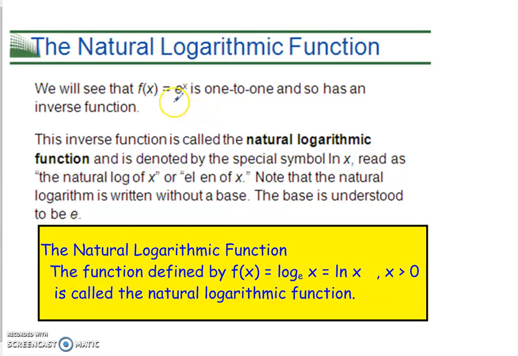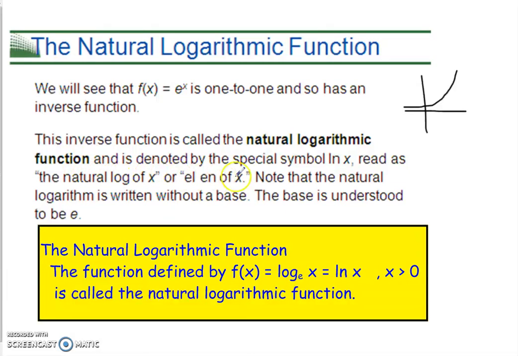We see that f of x equals e to the x is one-to-one. If you think about that graph, we've already seen it before. It looks roughly like this. It's going up. That's not a great graph, but it's one-to-one. It's always increasing. It has an inverse function. The inverse of that is called the natural logarithmic function, and is denoted by the special symbol ln x. It's actually French for logarithme naturel, which we read as the natural log